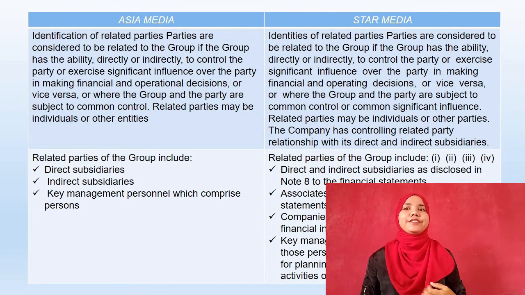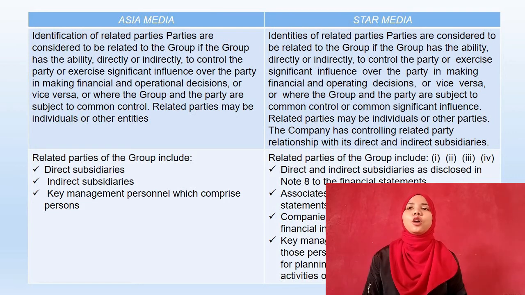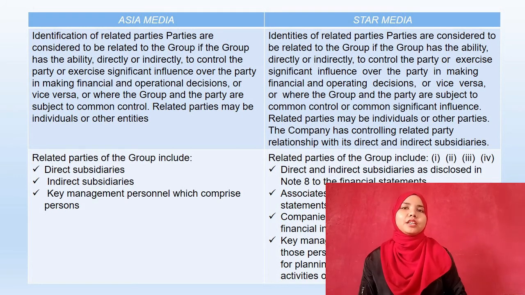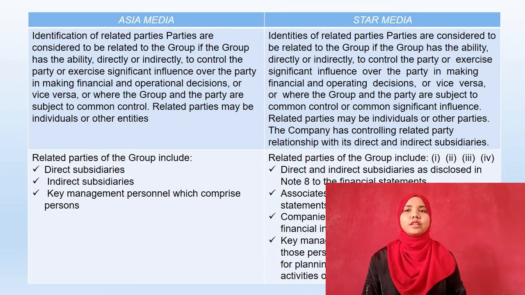Asia Media identifies related parties and considers them to be related to the group if the group has the ability, directly or indirectly, to control the party or exercise significant influence over the party in making financial and operational decisions, or vice versa, or where the group and the party are subject to common control. A related party may be an individual or another entity. Related parties of the group include direct subsidiaries, indirect subsidiaries, and the key management personnel, which comprise persons including the directors of the company,